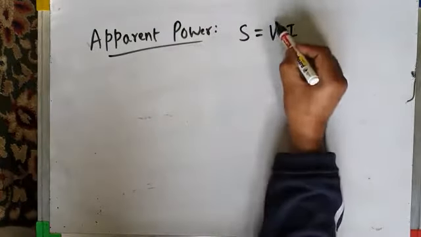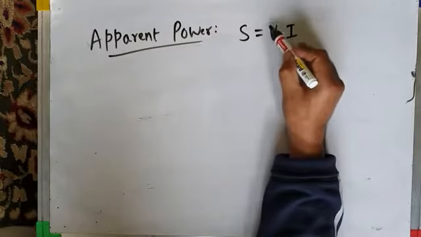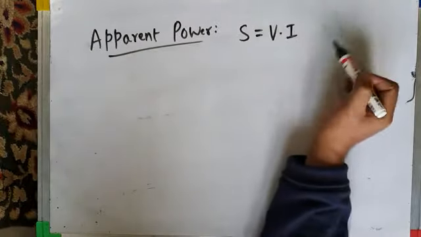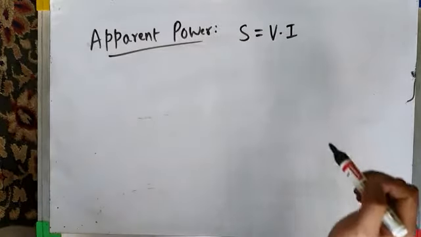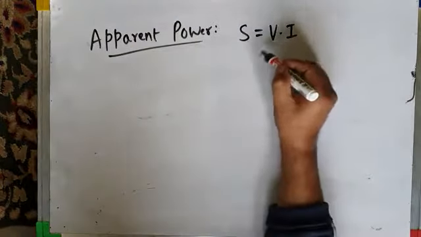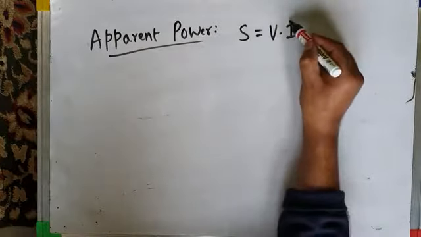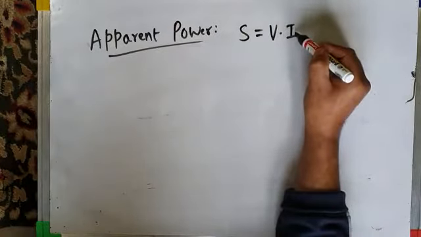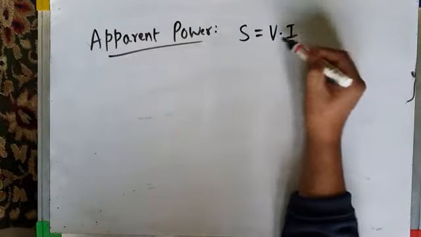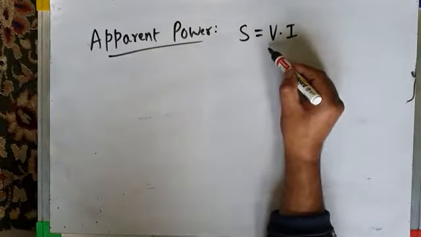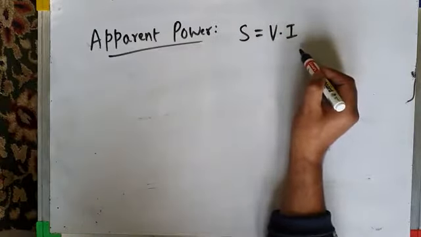Where this V is the RMS value of voltage, and it may be having DC offset, and it may be having all sorts of harmonics. Because this is the case when we assume that the source voltage is also having distortions, harmonics. And what about current? This is the RMS value of actual current, which will comprise the fundamental component and all harmonic components. And this is the RMS value of voltage, which comprises the fundamental component of voltage plus all harmonics.